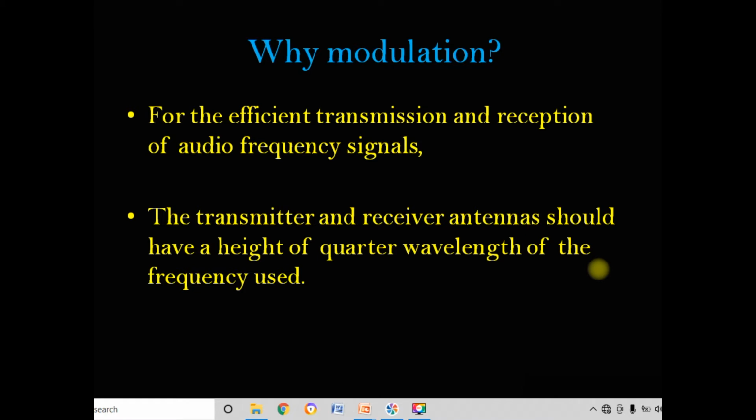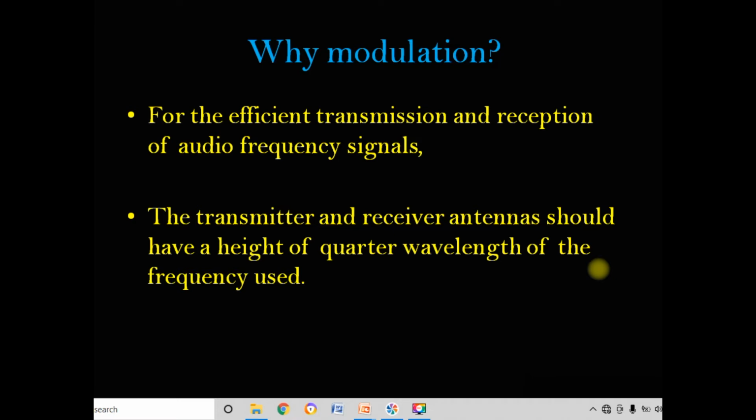For the proper communication between two persons residing at different places, for example, you are speaking to a friend who is at a different place, the effective way is to send the voice without disturbance. Hence, we need transmitting and receiving antennas. According to the theoretical calculations, the antenna's height should be lambda by 4 of the frequency used.